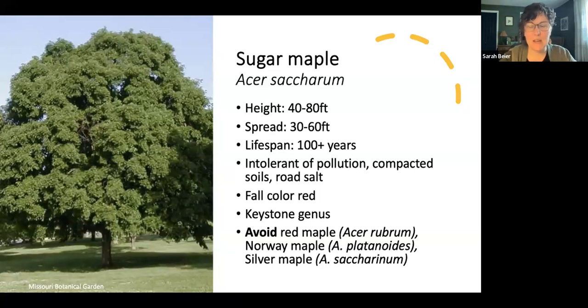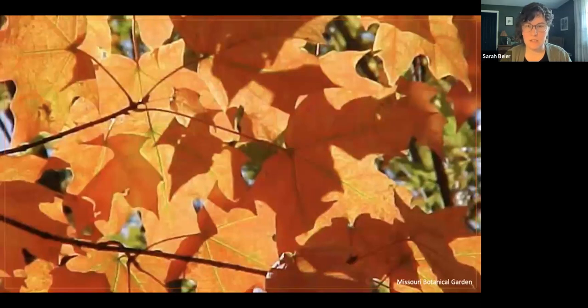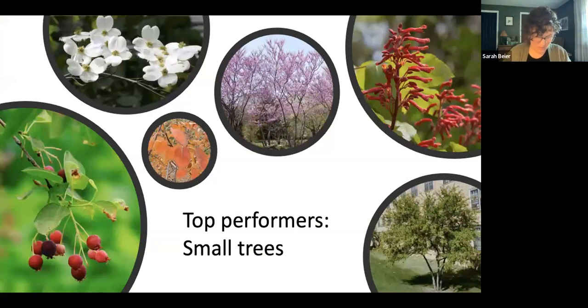this maple, the sugar maple, Acer saccharum, is a great choice for wildlife support, a great choice for a yard tree, a nice shade species. It has a really nice fall color, and it's not a great street tree, as you can see there, not really great with compacted soils and road salt, both of which street trees experience. There is the nice fall color. It's a great choice. So that brings us to the end of our large trees,